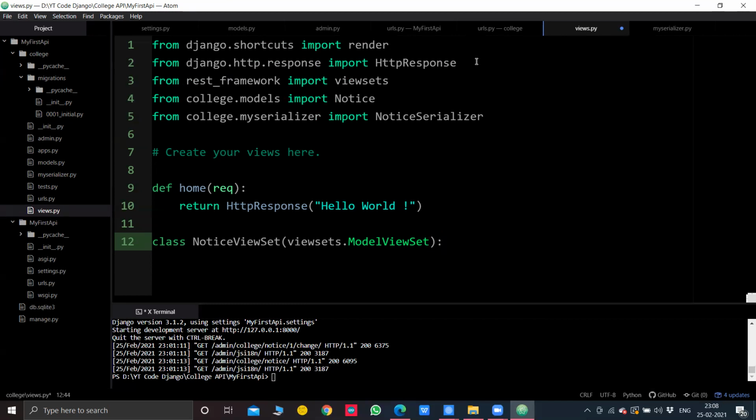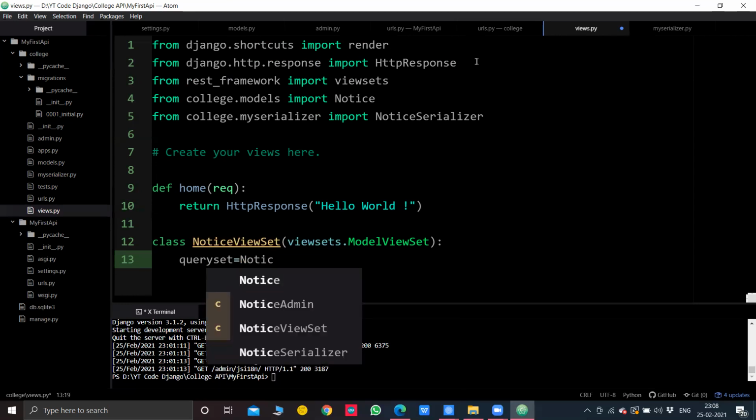Basically, just take it like it's the normal syntax you have to do in order to deploy any machine learning model. Not only a machine learning model, any website that you want to deploy on the Django REST API, you just need to do this. And now inside the class, we need to mention a queryset.